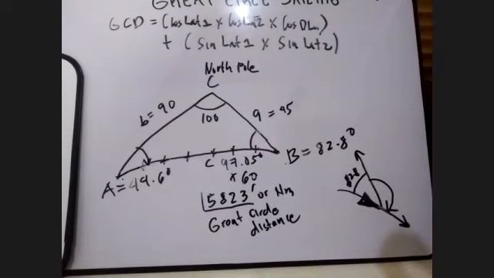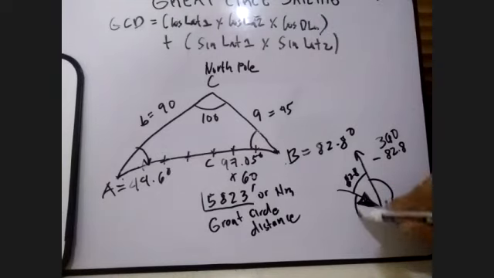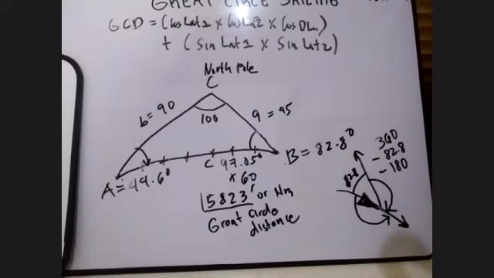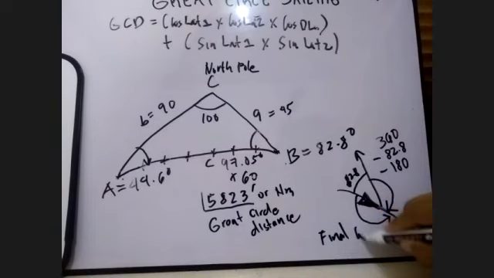So it's very easy. The true north is 360 minus 82.8 and minus 180 degree. And your final course is